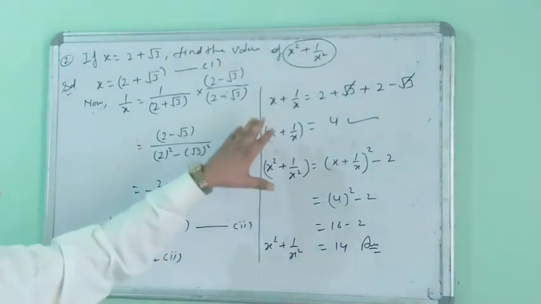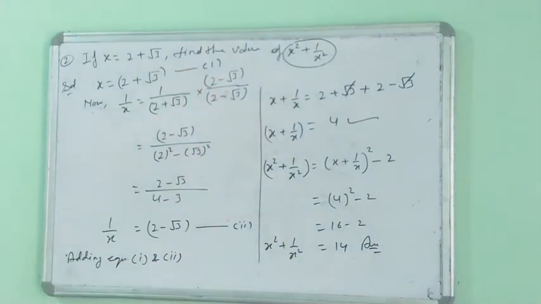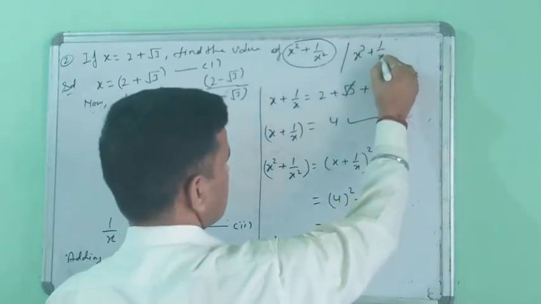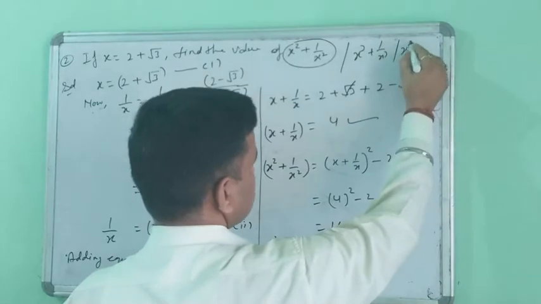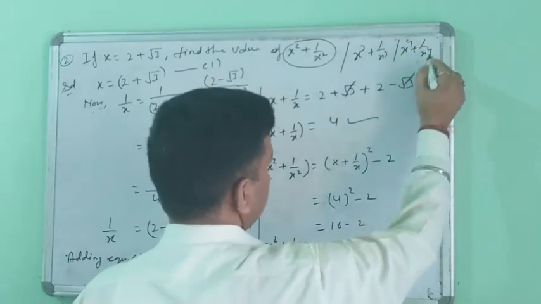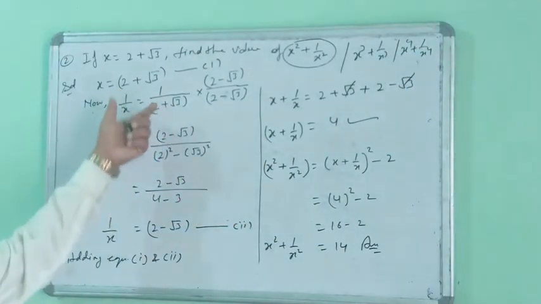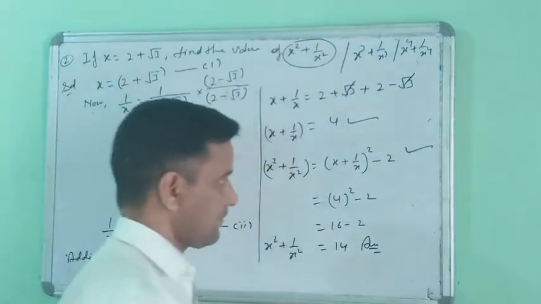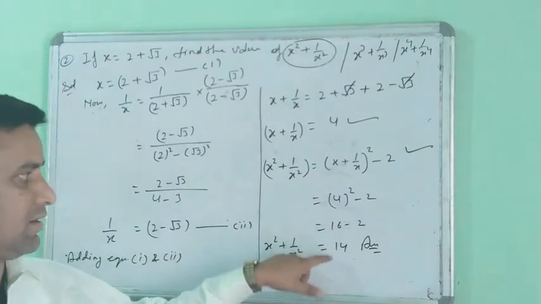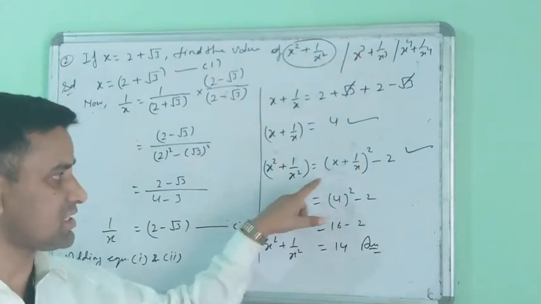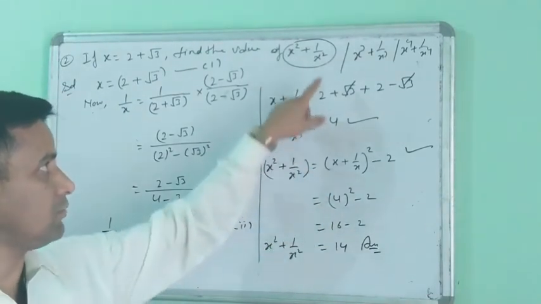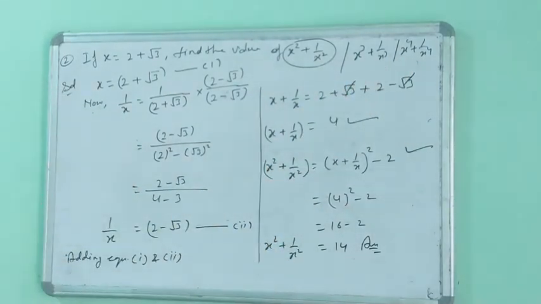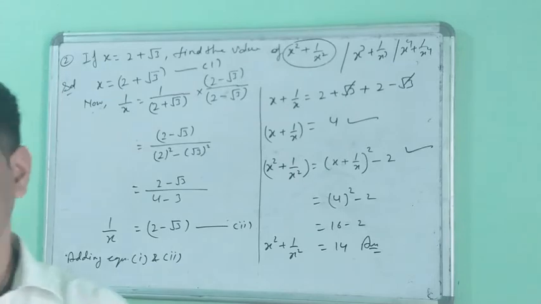Every question you will solve in this way. Suppose the question has x cube plus 1 upon x cube, or suppose x4 plus 1 upon x4, you will solve every question with this technique. Now the main important step is this part. So how to write this part here? You use the technique in these steps, then you convert the value of this portion, otherwise this portion. You can write this here. Yes, we note it down. Then next questions.